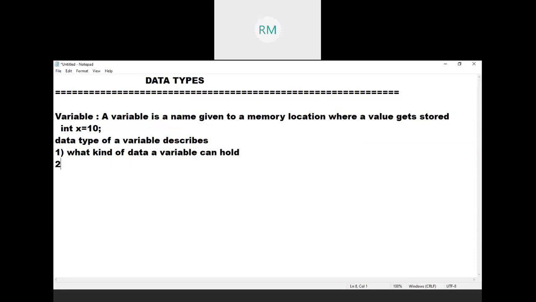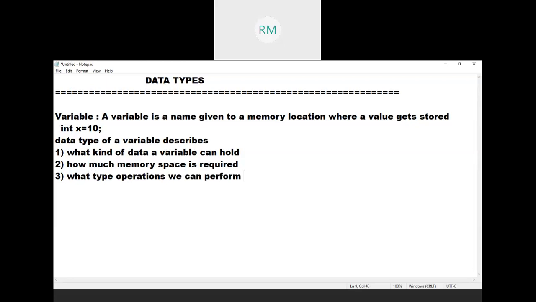Second one, how much memory space is required. Third one is what type of operations we can perform.